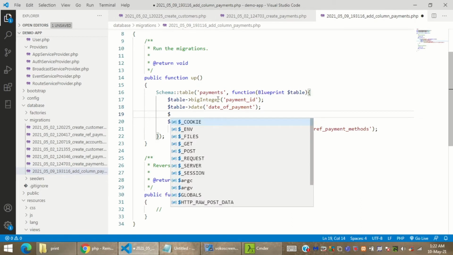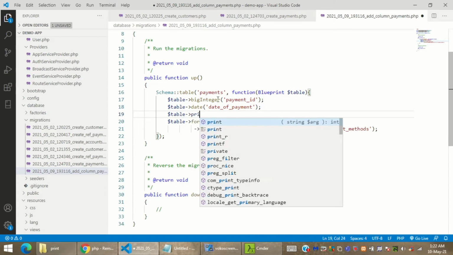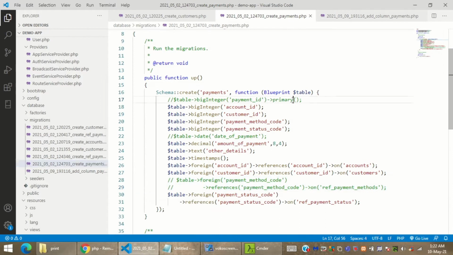And then I'm going to type $table primary key, that's our primary key, and I'm typing payment underscore ID. With this, semicolon is important. First 2 different types of columns are to be added.